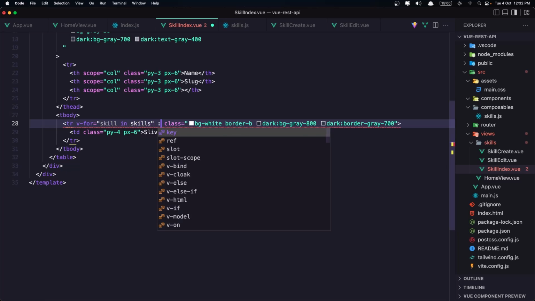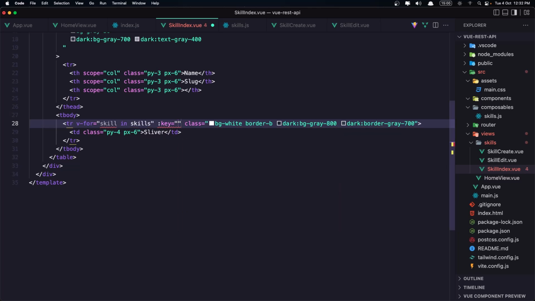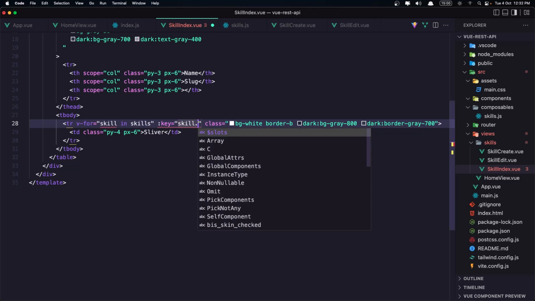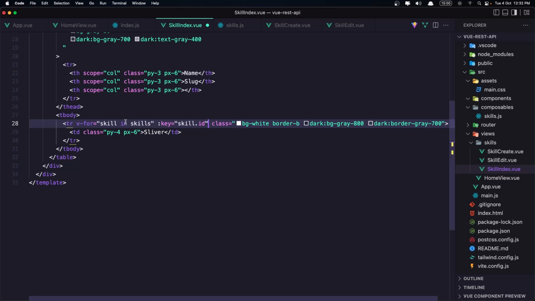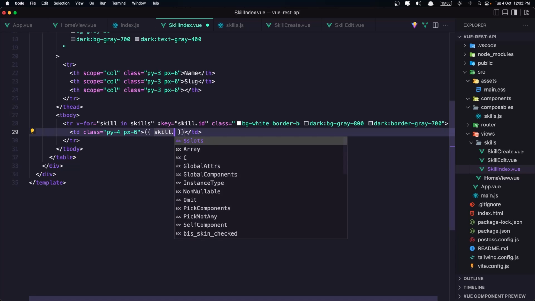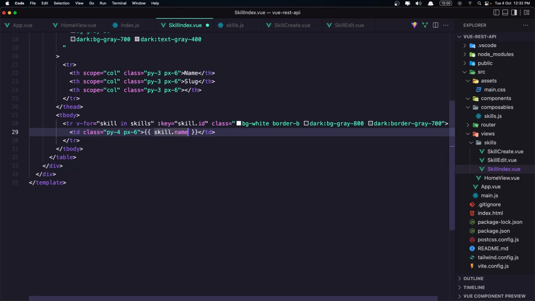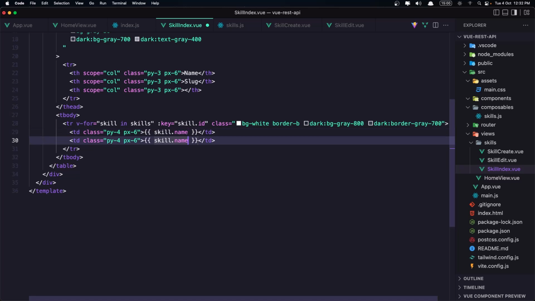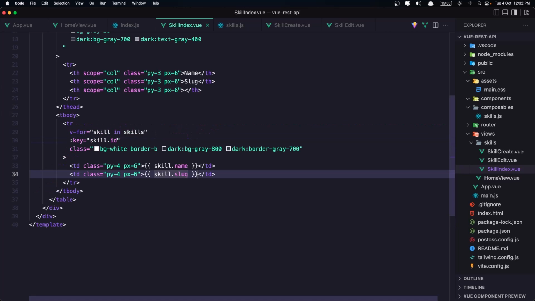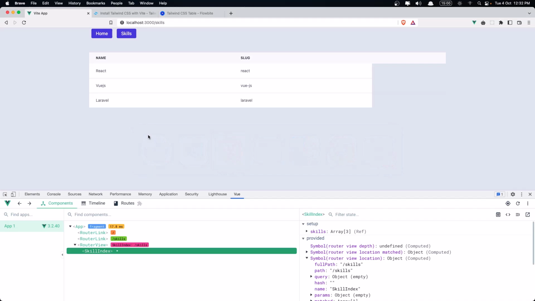We need to add the key, which is going to be skill.id, and here display the skill name. And let's copy and paste this, change the name to be slug, like this. And if I save, go and refresh, yeah, we have the name and the slug, and we need